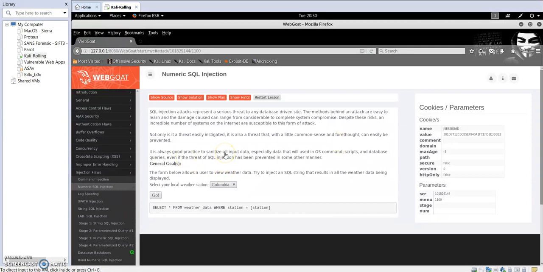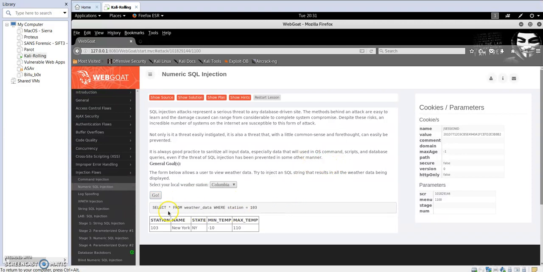So here it's telling us that we need to inject an SQL string that results in releasing all of the data from the table, which is called weather data. Every time we execute a query, for example, to see the weather in Newark, and click on go, it's telling you the SQL statement that's being executed in the database. Basically select everything from weather data, which is a table, where station equals 103, which is the ID of the station. So in order to display all of the entries or the columns in the table weather data, we need to inject a numeric